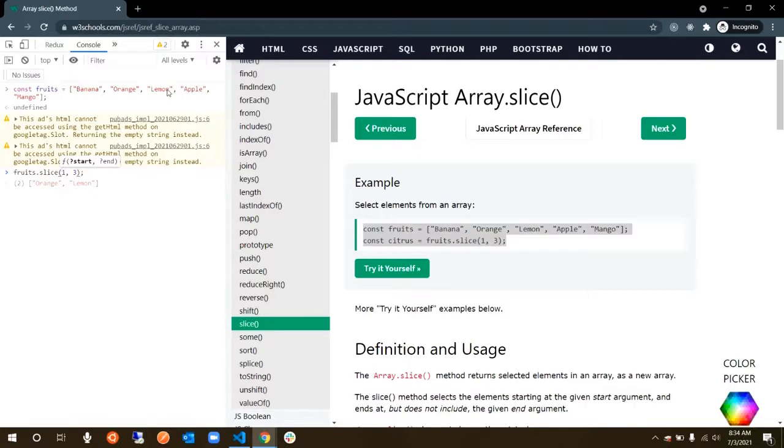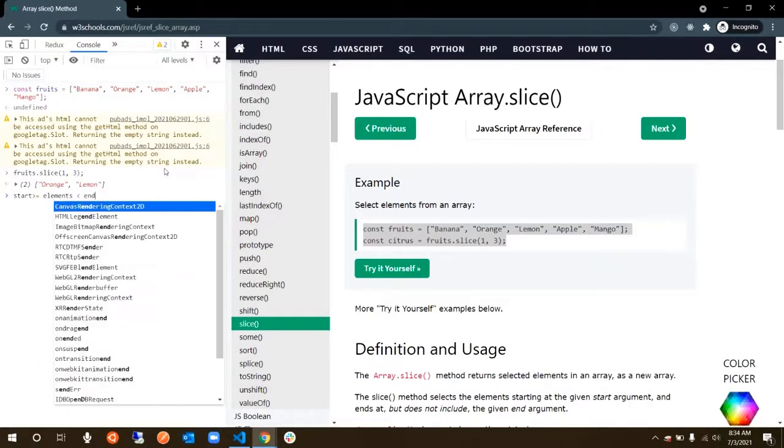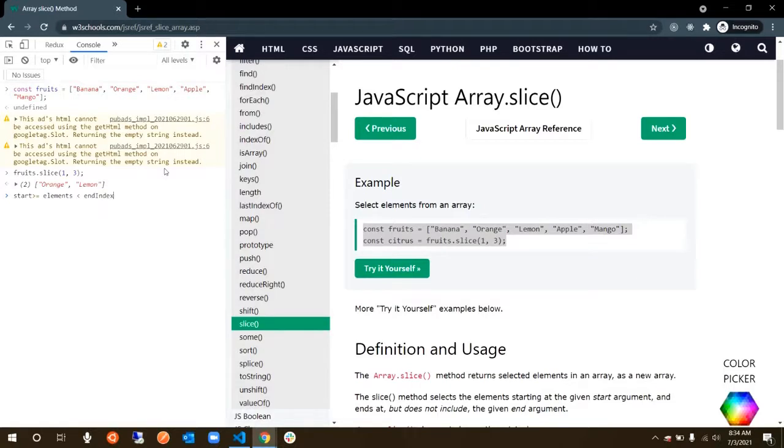But 2, 3, so at 3 you're supposed to get apple, but you're not getting that, because you're getting less than it. So all the elements you fetch are greater than or equal to your start index, but less than your end index.